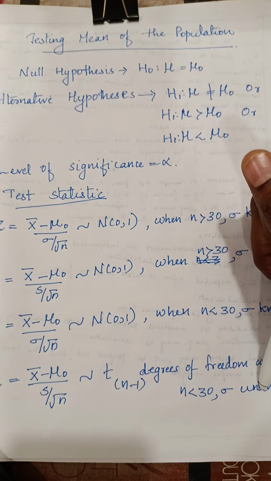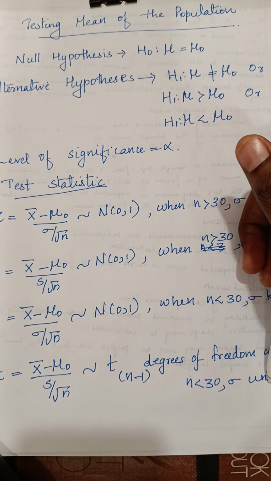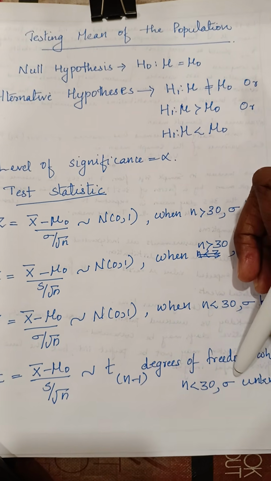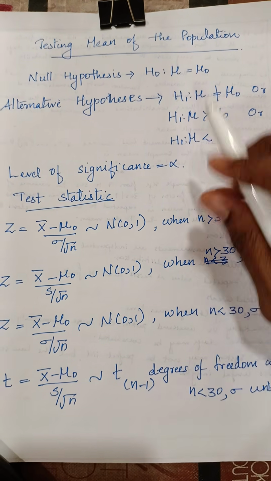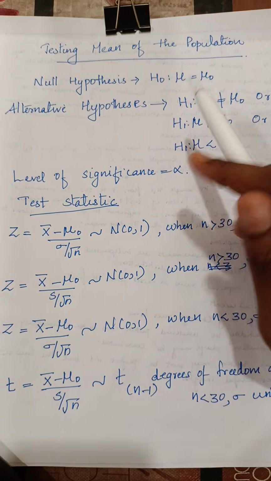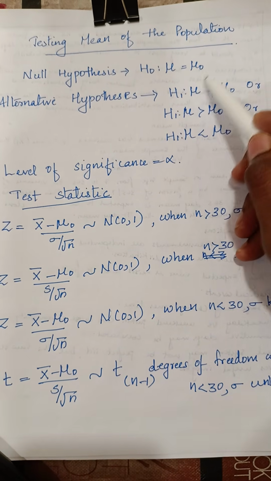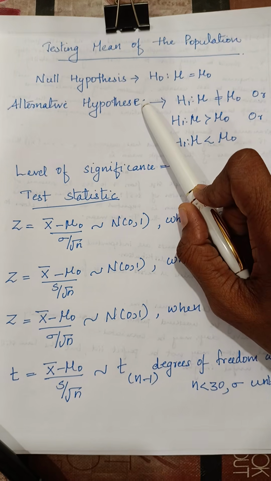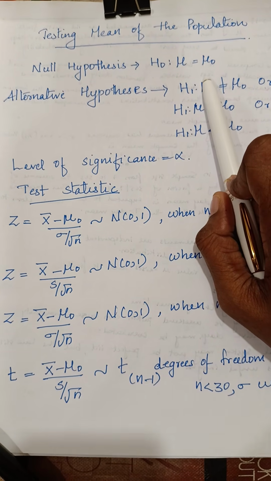Hi all. Now let's see how we can conduct a test of the population mean, a single mean. Usually we will be taking the null hypothesis that our population mean equals a value. That value will be given in the problem. So that value is mu naught. So we are taking the null hypothesis as H naught: mu equals mu naught, and we are testing this